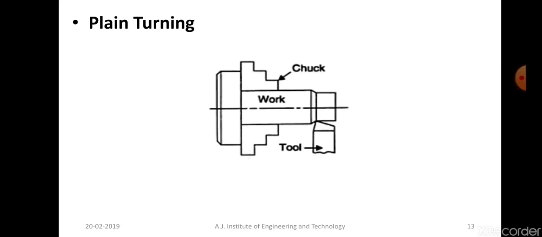Whenever a question is asked on turning operation, you will have to draw a sketch and explain the concept. You need to draw a chuck and a workpiece, show the initial diameter is bigger, and as you perform the turning operation, the diameter of the workpiece is reduced.